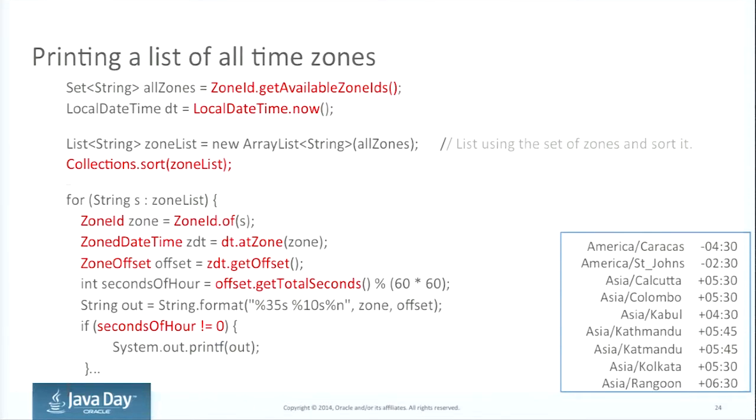So what we're trying to do is we get the available zone IDs through the ZoneId static method call here. We find out what time it is right now, okay? From the zones that we got, we just sort them using the new collection API, and then we start printing out that information, going through all the different zone IDs and printing out the information as long as there are no seconds of hours associated. And then what we get is a huge printout of all the zones and the time